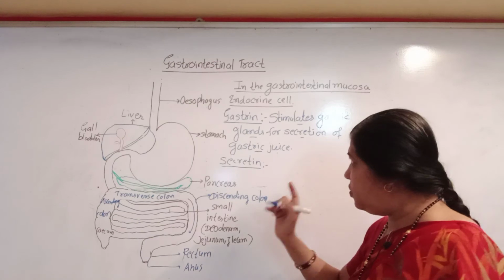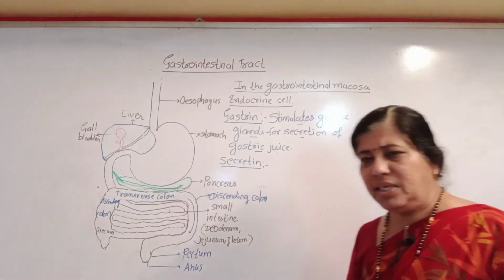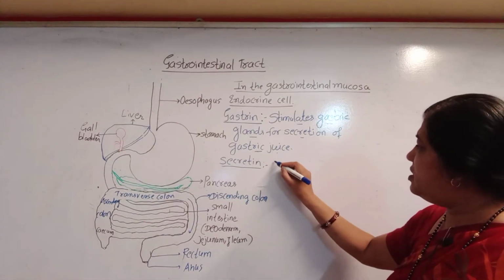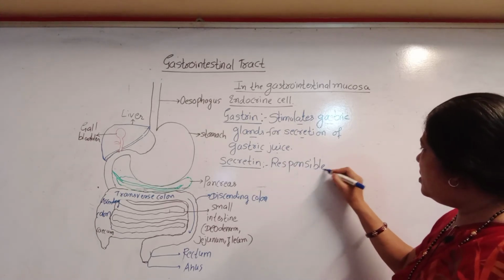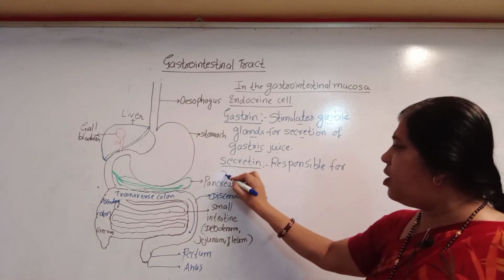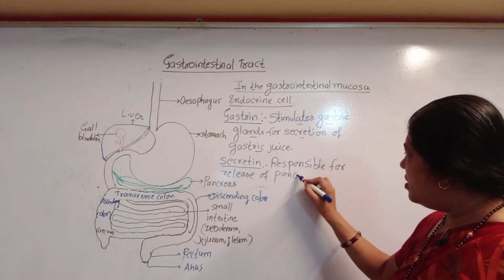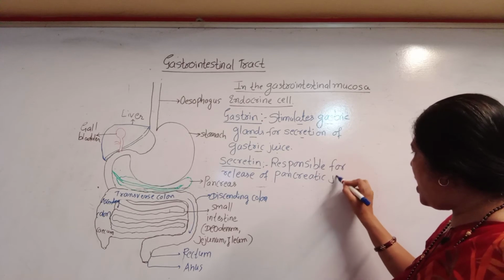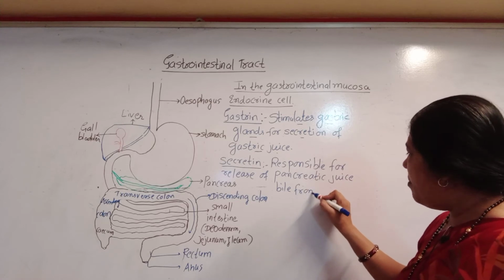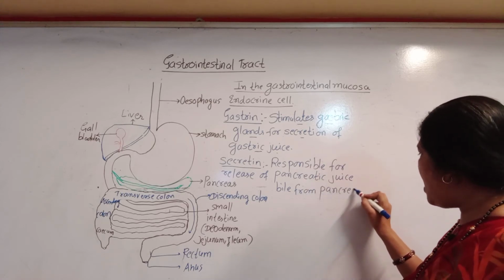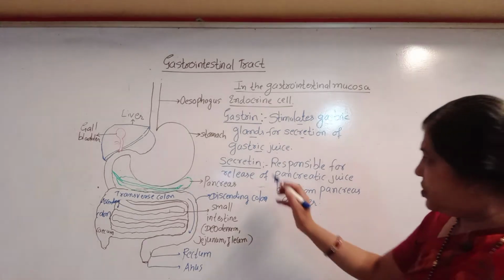Secretin hormone is also secreted by endocrine cells of gastrointestinal mucosa, and secretin is responsible for release of pancreatic juice and bile from pancreas and liver. So secretin stimulates